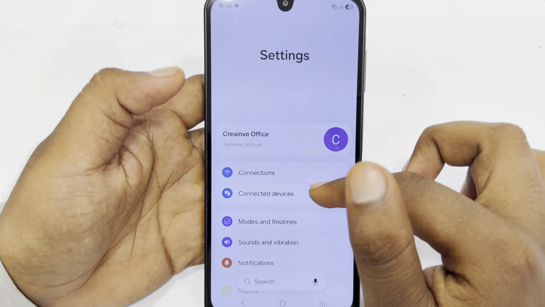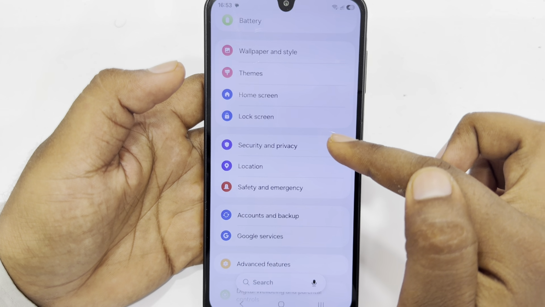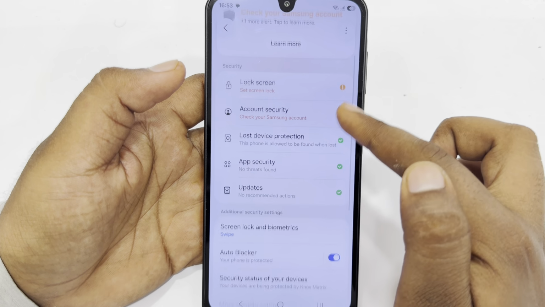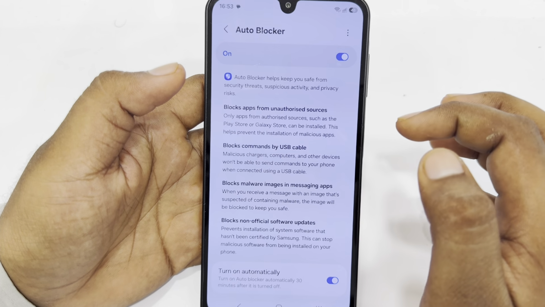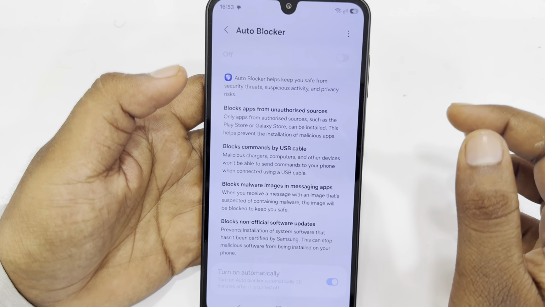Now once you are in settings, just scroll down and you may see security and privacy. You just have to click on it. Now once you are here, you'll see the auto blocker here. You can easily enable and disable that whenever you click on this and then click on turn off and it